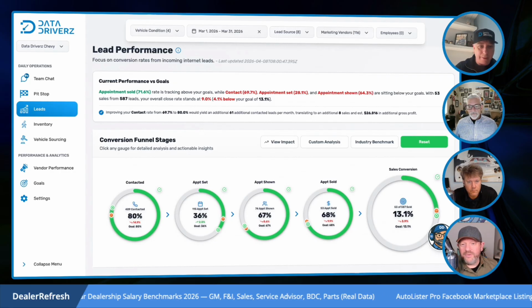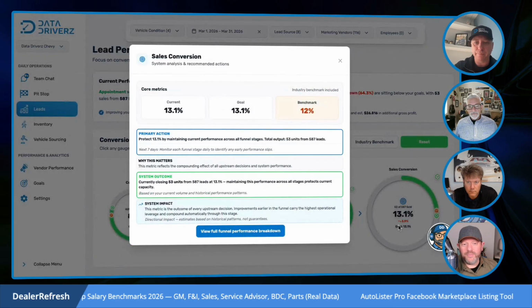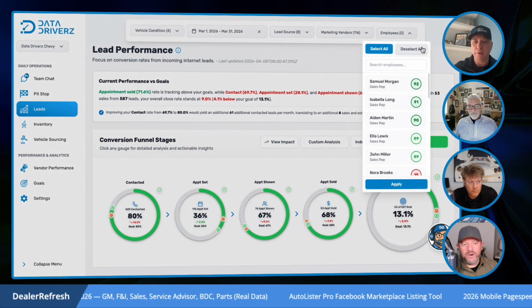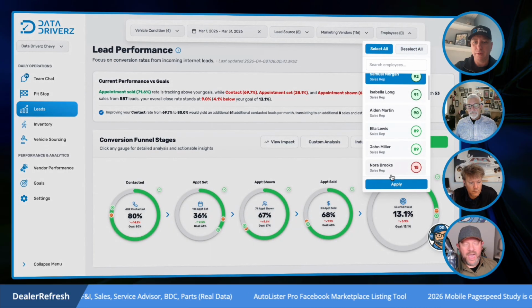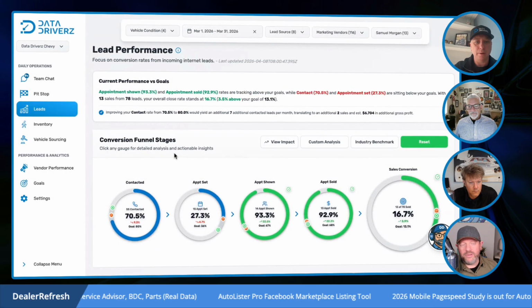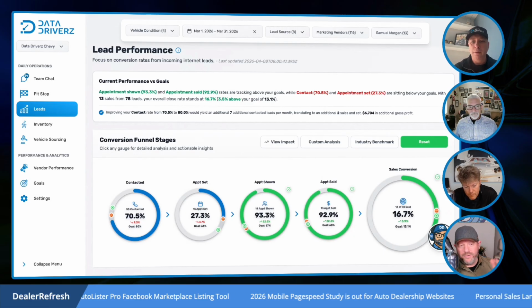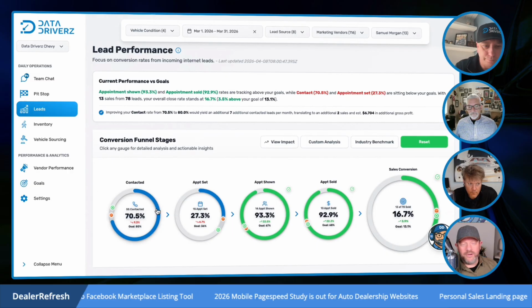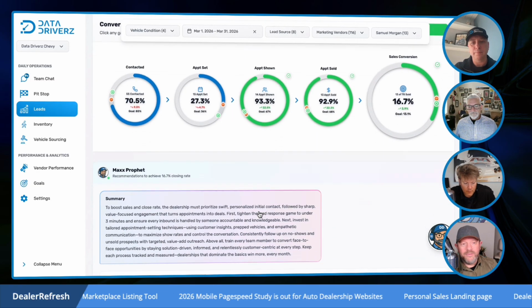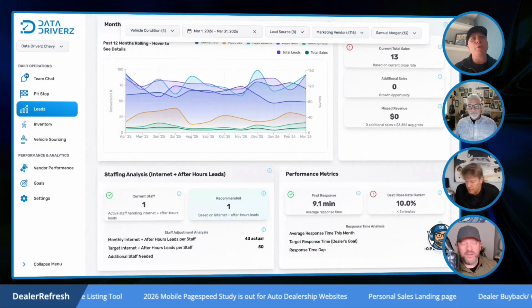Can I ask you a question real quick, Ryan? Because I know you were doing this with your spreadsheets prior to building out Data Drivers. You were not doing absolute direct attribution. You were giving credit for partial attribution on different vendors. It wasn't that Cars.com always sold that one customer. They might have looked at Auto Trader too. So there's fairness there.